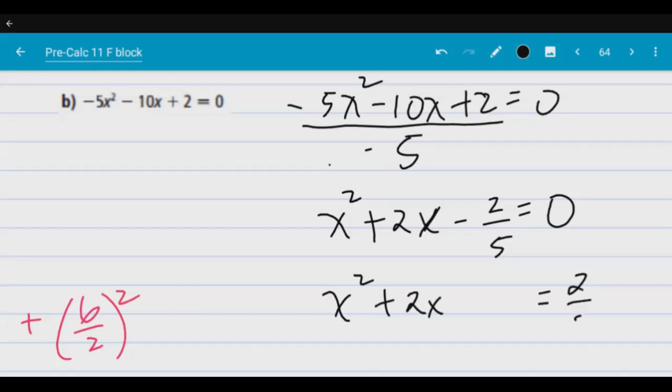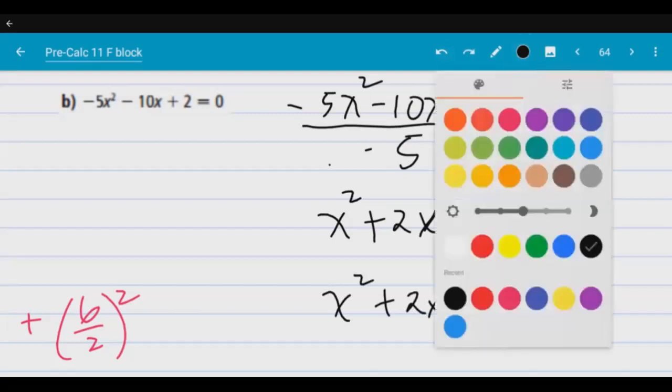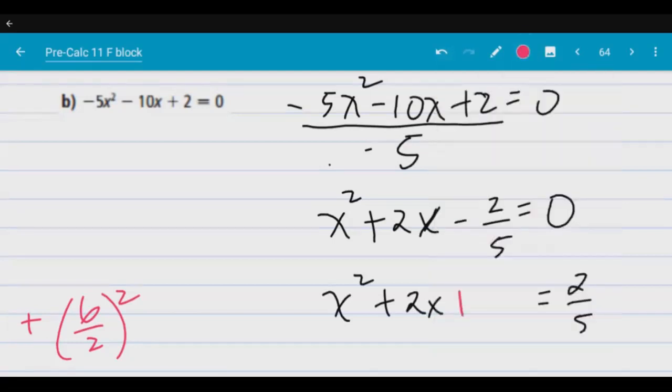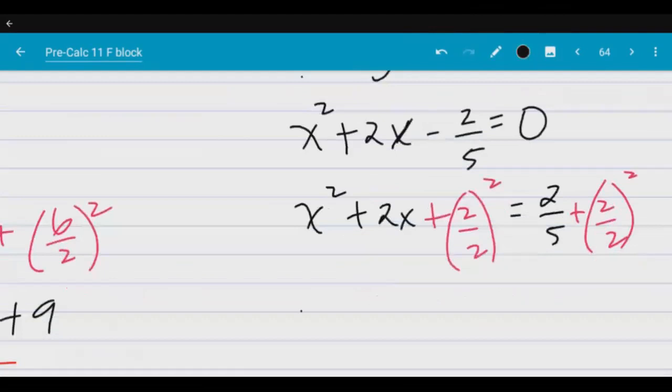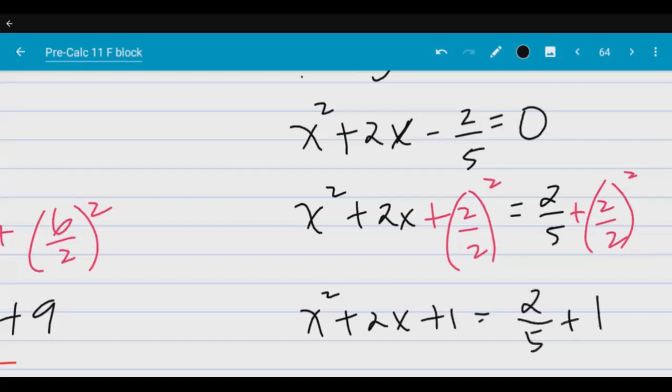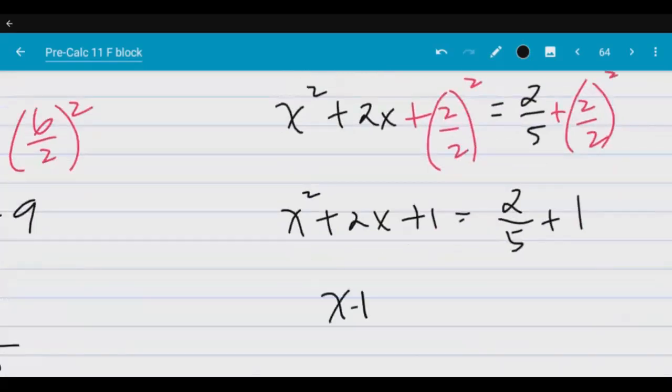Once again, you can see that I left a space here, which I'm going to fill out by completing the trinomial. I'm going to be adding a number that would be using this number, the middle term, divided by 2, and then squaring it, and doing the same thing to the other side. Let's simplify. x squared plus 2x, and 2 over 2 is 1. Squared is 1, while on the other side, it's 2 fifths plus 1. Okay? It becomes x plus 1 squared